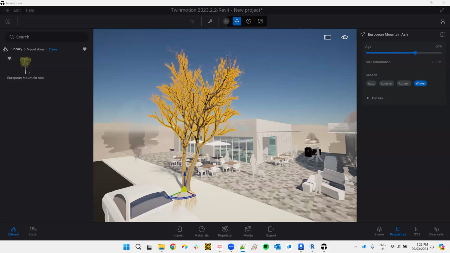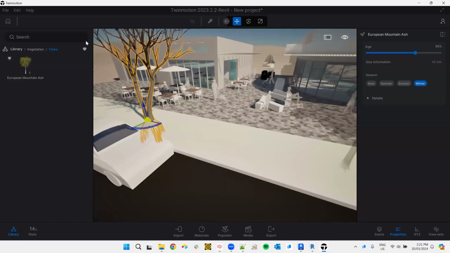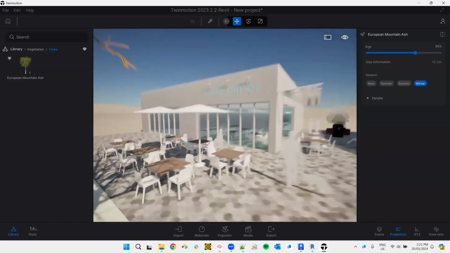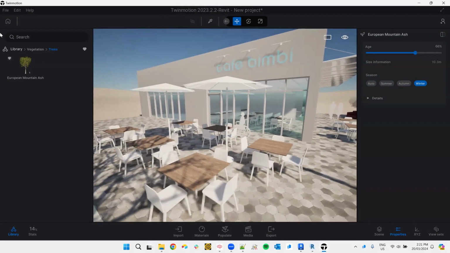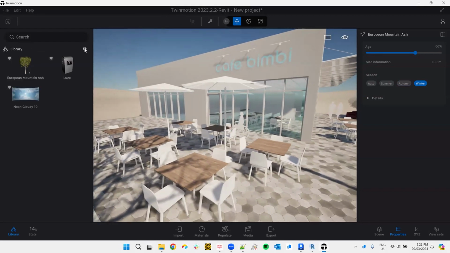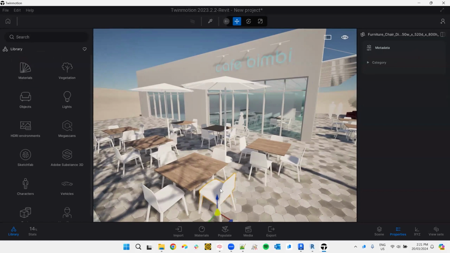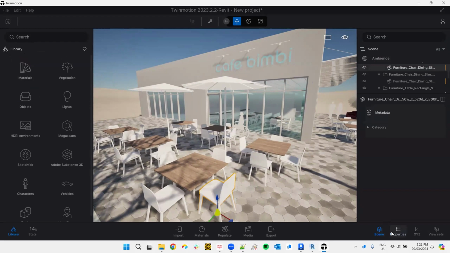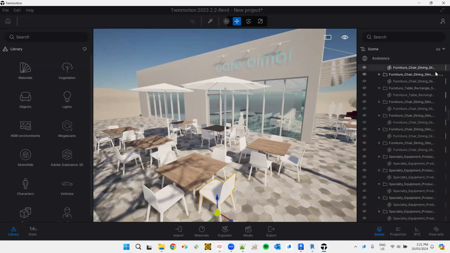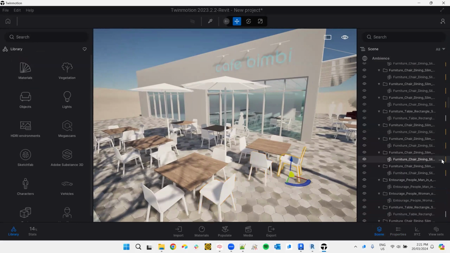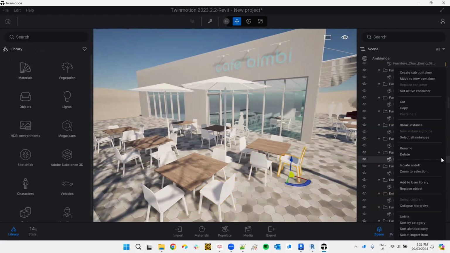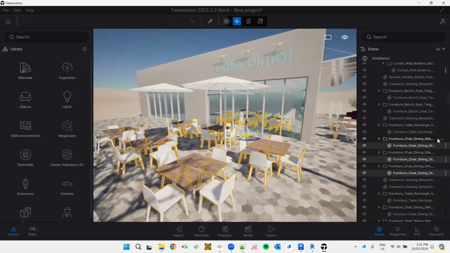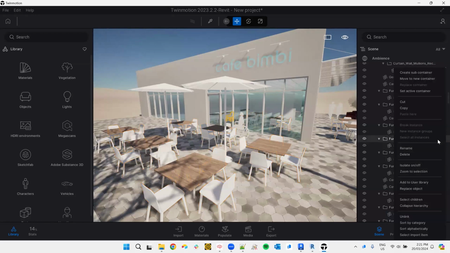Okay, next we're going to swap out some objects. So we noticed that there's a lot of chairs in this cafe that we do need to swap out. Now, replacing those would be a little bit cumbersome to do one by one. So what you can do is you can select one object. You can bring up your scene panel. You can find that object because once you select it, it will take you to that object in that tree. And you can select it and you can click select all instances, which will select them all. And then you can click the three dots and